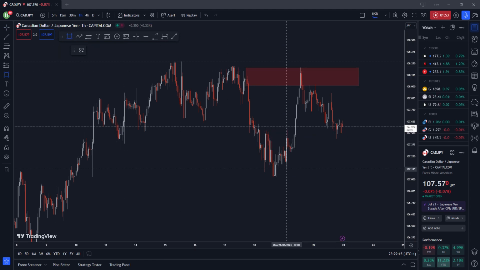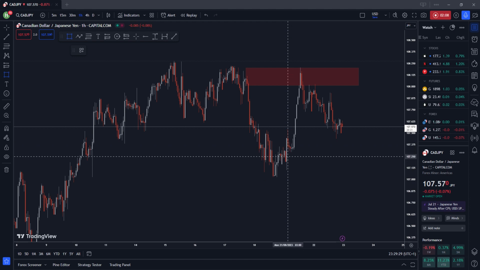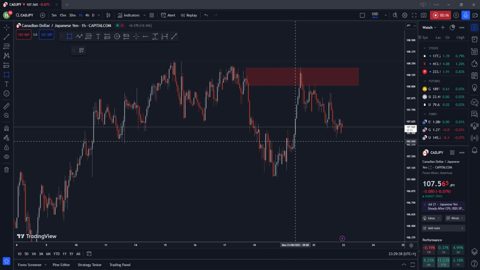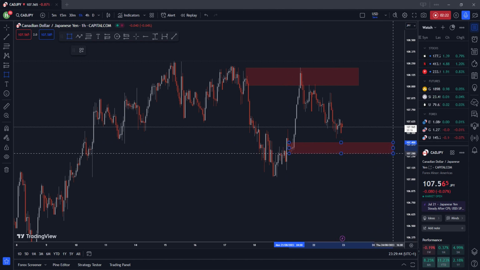As you can see, there's a very nice imbalance, and inefficient price action has taken place. So what we'll do is we'll always try to find the candles before this, and you can see multiple candles like these forming over here and also over here. This is a good indication for us to find the right zone to enter off of. So if I were to mark out this area over here as our demand zone,